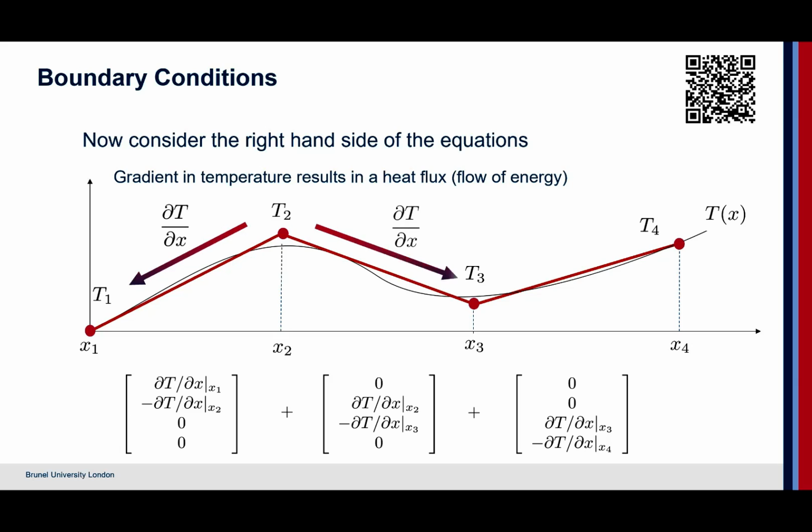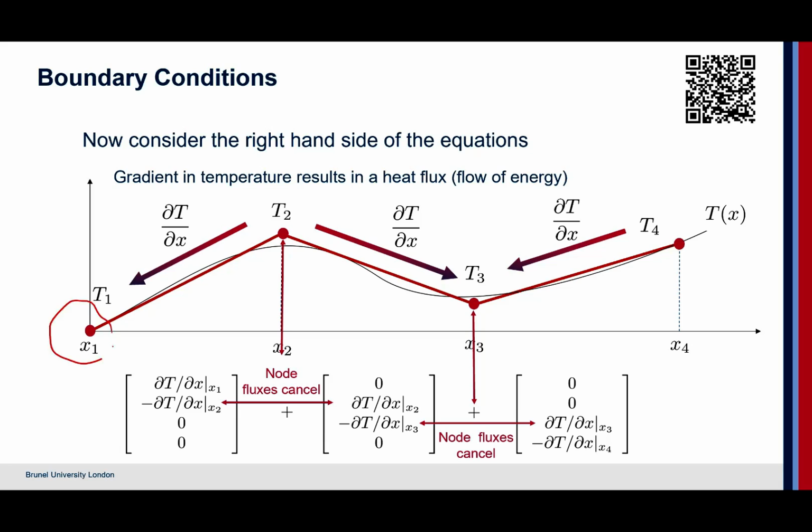The key thing to understand here is that these surface flux terms, when they meet at a node, are the same value and they cancel out. So what this basically gives us for this formulation is that we're rewriting in this form, and all of the internal fluxes cancel because it's a continuous function. So what we end up with is a function entirely defined by just the fluxes at the two ends, or